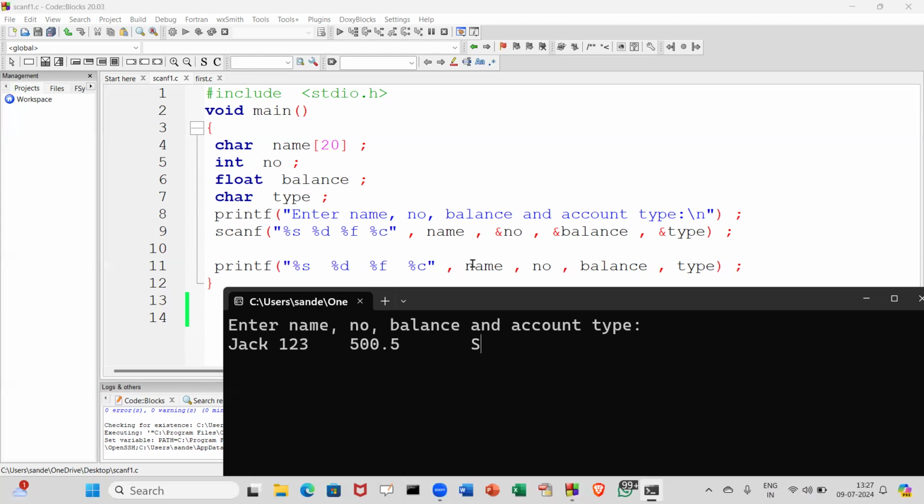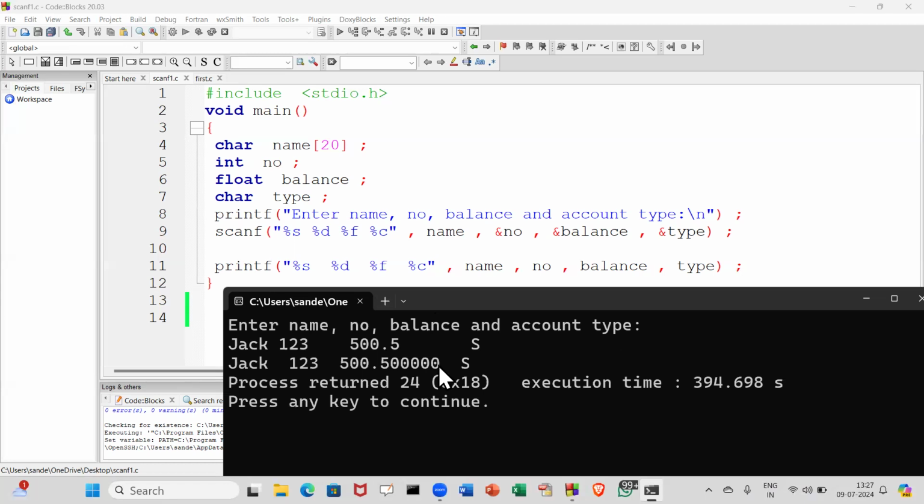प्रिंटफ ये नेम, नंबर, बैलेंस, टाइप का वैल्यूज डिस्प्ले कर रहा है। So pause the video and you think in your mind, लाइन नंबर 11 का आउटपुट क्या आएगा? सोचो। Yes, many of you guessed it right, वो आउटपुट सेम आएगा या ऑलमोस्ट सेम आएगा, ये देखो।